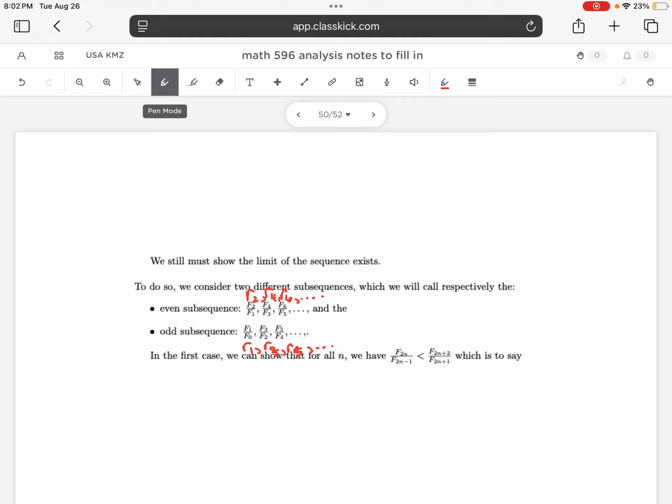So I'm going to show that f2n over f2n minus 1 is less than f2n plus 2 over f2n plus 1. That is to say, I'm going to show that r sub 2n is less than r sub 2n plus 1. In other words, if I'm looking at this subsequence of every other element of my original sequence, all with the even indices, that it's going to be an increasing subsequence. So to show that, we really want to use that same identity that we mentioned earlier, right? So we must show